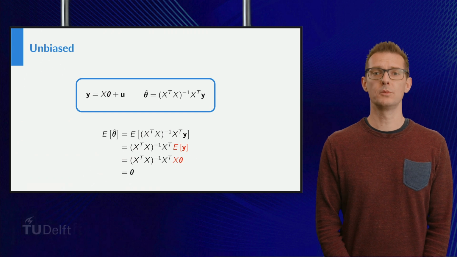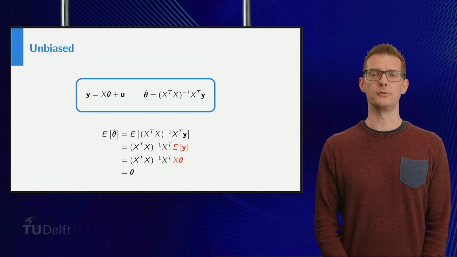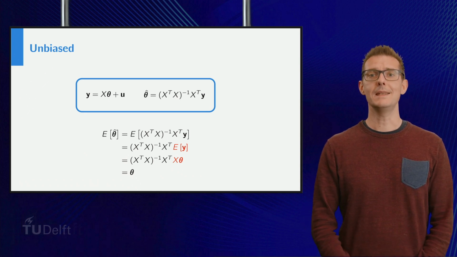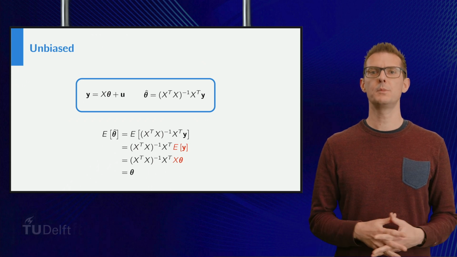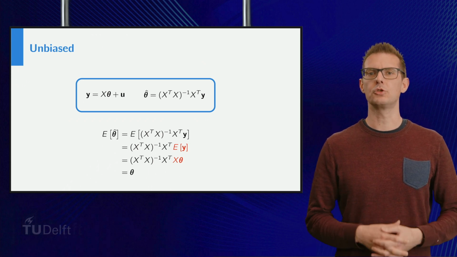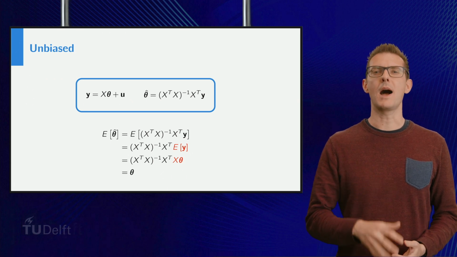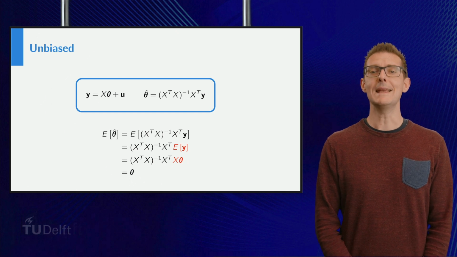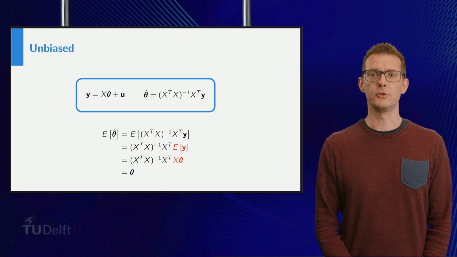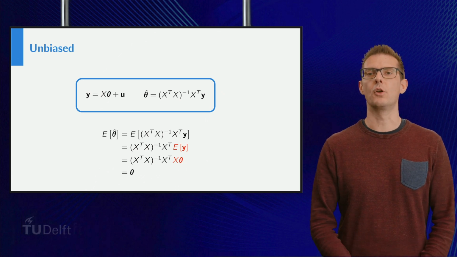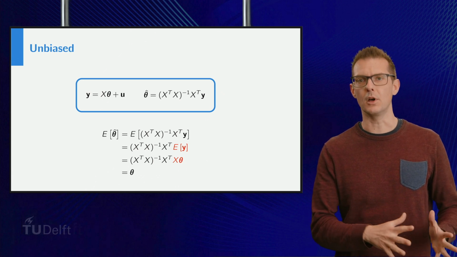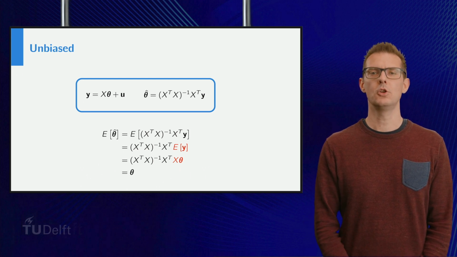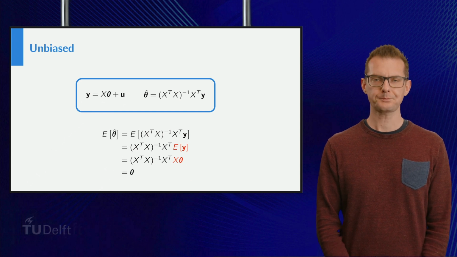Now, to show that our estimates are unbiased, we look at the expected value of the estimator vector. First, we plug in the estimators obtained by the least squares method. And now, because the x values are considered to be constant, we can take them outside of the expectation. And therefore, we find that this expected value is indeed equal to the true parameter vector. So this confirms that our estimators for beta 0, beta 1 and beta 2 are unbiased, meaning they each estimate the true value on average.